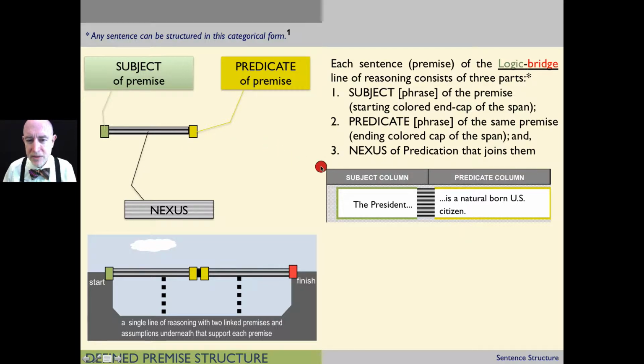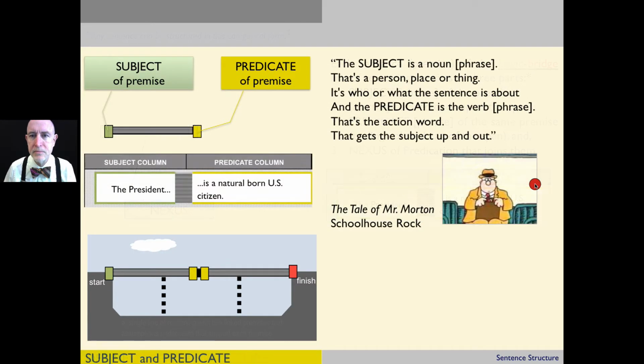You can see, we'll have more examples in a moment, but here we've divided, for example, the sentence, the president is a natural-born U.S. citizen. We've parsed it into the president in the subject column, and is a natural-born U.S. citizen in the predicate column. So if you remember back from Schoolhouse Rock on TV and the tale of Mr. Morton,